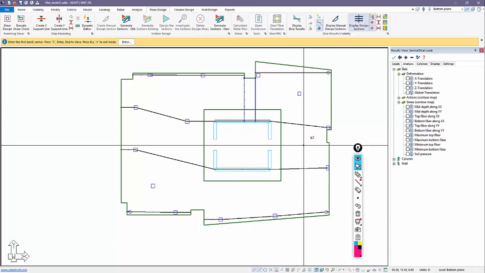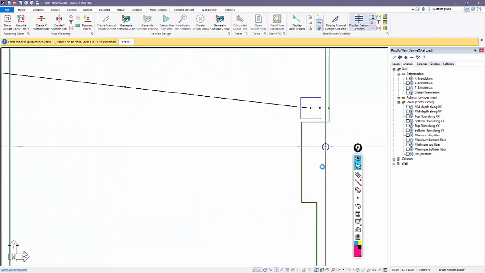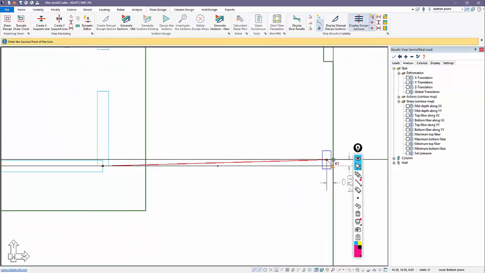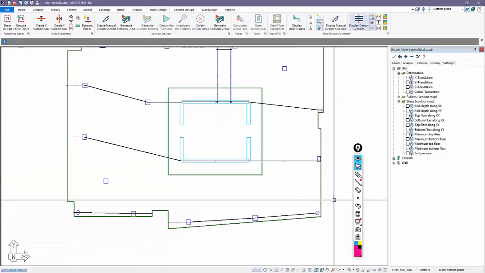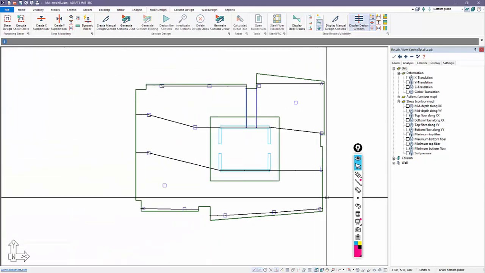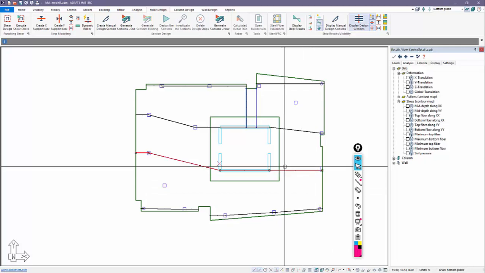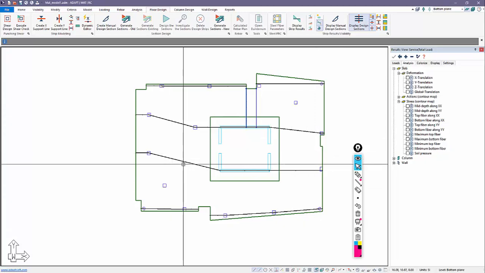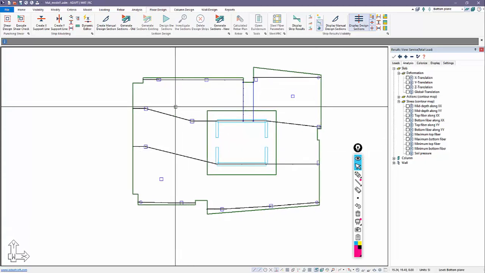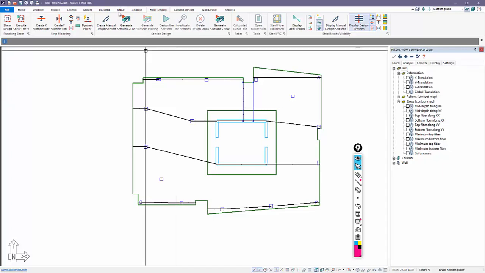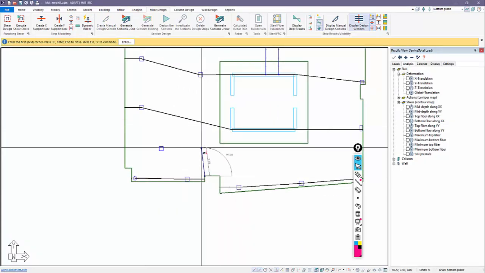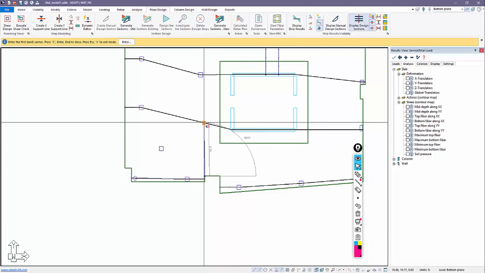I also want to make sure that these are closed off on the ends. Like this one, if we're going to use the old method, this has to be closed off at the perimeter of the slab. In the new 2019 version, that's not true. The program can handle a support line node that actually stops prior to snapping to the slab edge. So we're kind of running under the premise of two different versions of the program in this case. So we'll go back and use the 2018 logic for the design strips here.